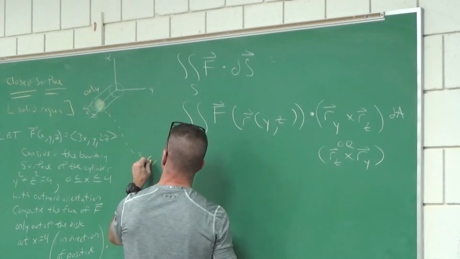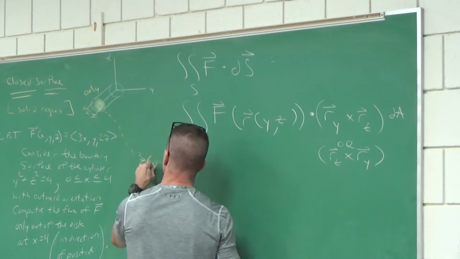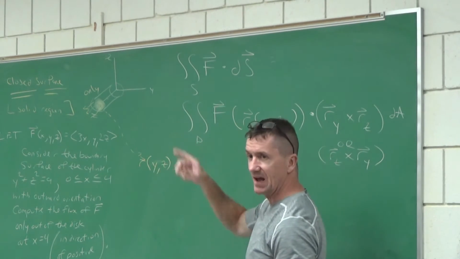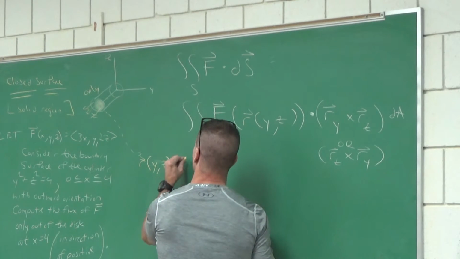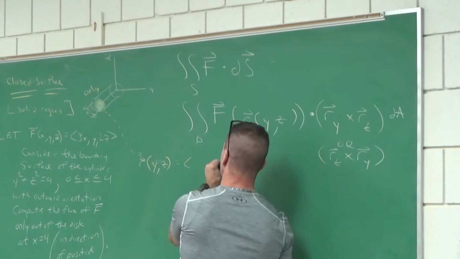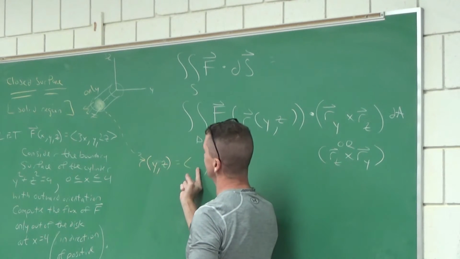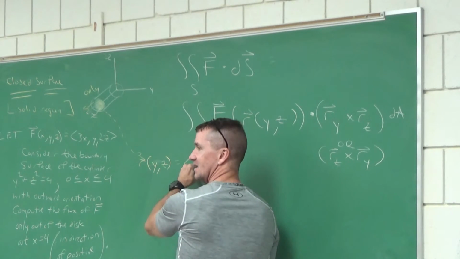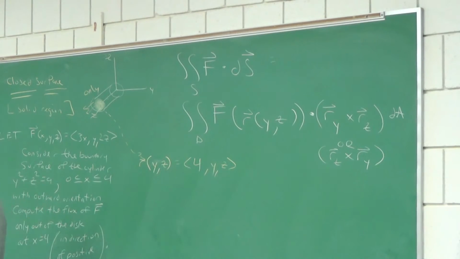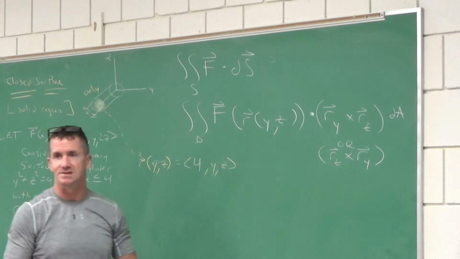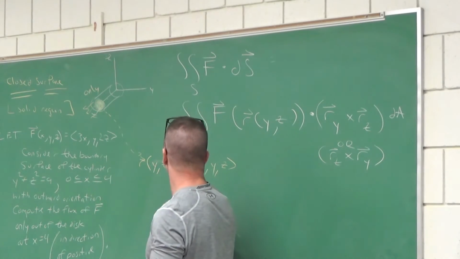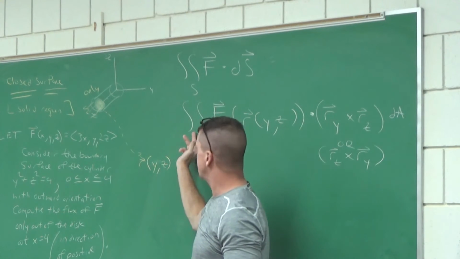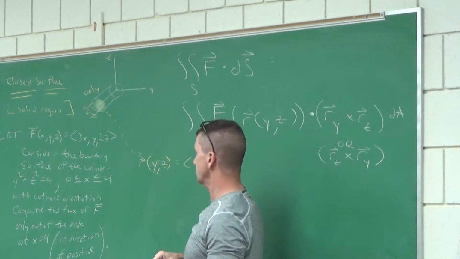r of x. Is it x and z or y and z? Y. Here's the hardest part. Can you help me parameterize that flat disk? Alright. Hope it's not too hard. z equals z, y equals y, what goes here? Well, it depends. What's that number? 4. 4. Ta-da! That's very important. We are going to parameterize that surface right there where the disk is. You go, wait, but that would mean an infinitely long plane, right? And x equal to 4. Yeah, but it's going to get restricted to the disk when we do this. Cool?